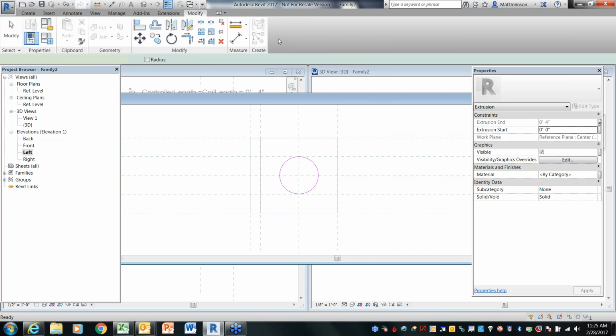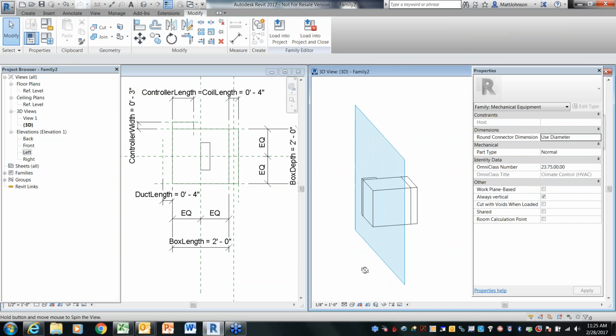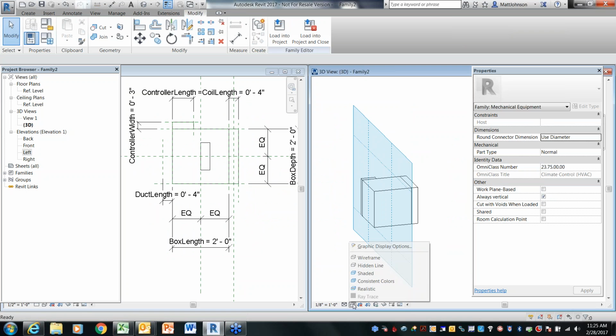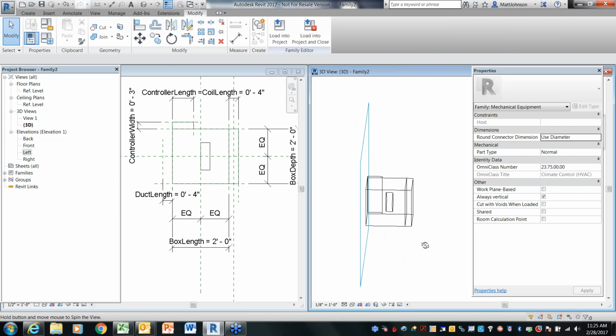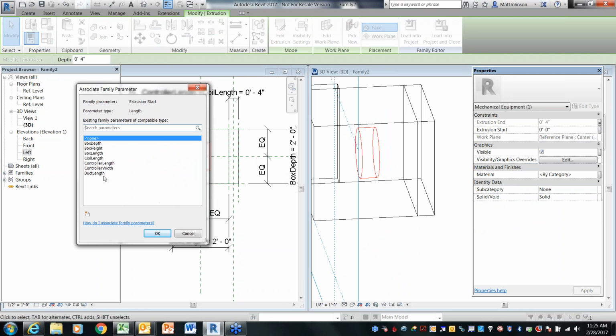And now we're going to finish that. And let's see if it did what we think it's going to do. Yes, OK. So now, keep in mind, we can't see the 4-inch duct extrusion that we had. And if you ever can't see that, it's always going to be probably in there. Okay? So you see that? This is where sometimes it gets messed up and it doesn't directly come off of the work plane. So let's click on this extrusion and go to extrusion start. Let's make sure it's attaching itself to the box left, or excuse me,